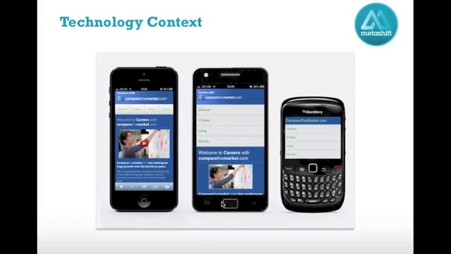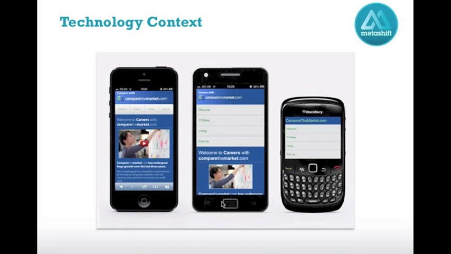Google's recently announced that they're going to start penalizing sites that don't have an optimized version for mobile, but also penalizing sites that have an optimization for mobile that's very slow to load. So typically, if your mobile site takes more than 1 or 2 seconds to load, ultimately Google will start penalizing it in the search rankings. And one of the problems with just using responsive design is you can be downloading a very big template to a much older phone, and that's going to really hit the experience and the download times. So adaptive design is a really important thing to understand. That's the technology context.